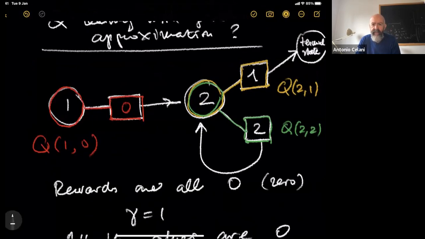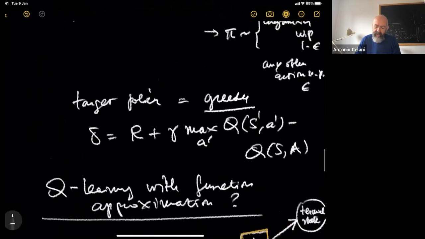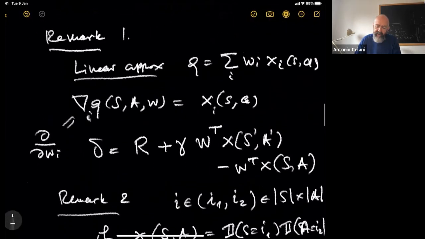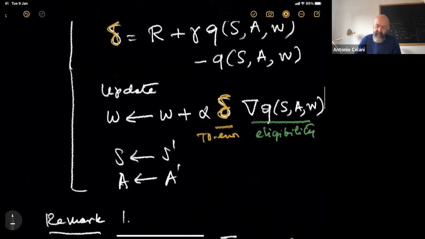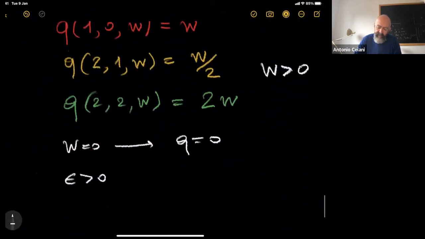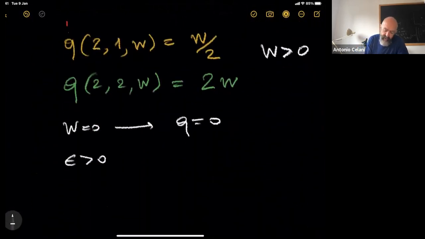And we are going to use the same version of SARSA, but now with the error defined in the Q-learning sense. Okay. So let me write it here. So Q-learning